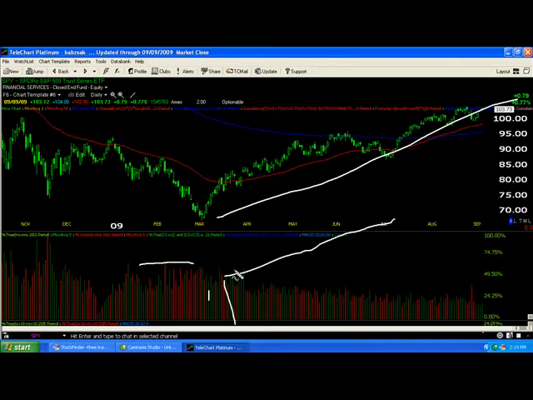instead what we see is the opposite of that. We see fading volume. As you can see over here, it's just continued to go down, which shows that traders are not willing to chase prices higher. Institutional money is not willing to commit to large positions, and this tells us again that the SPY, representing the S&P 500, if we were to get a buy signal in that particular stock right now, this would be one